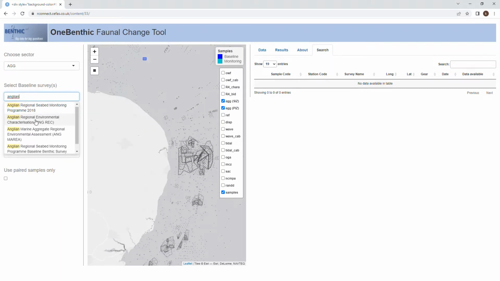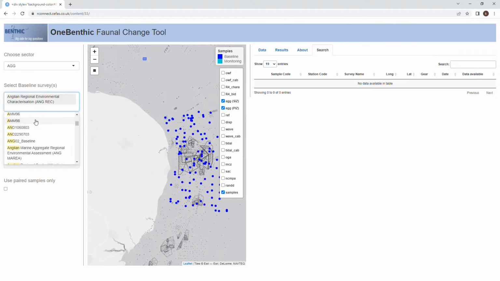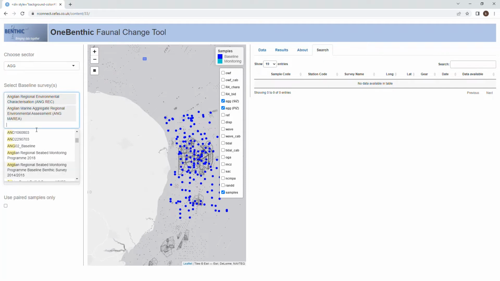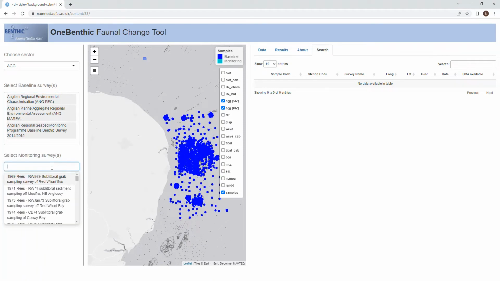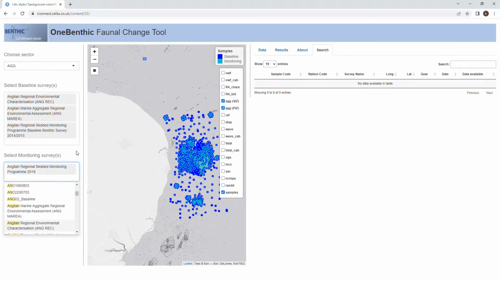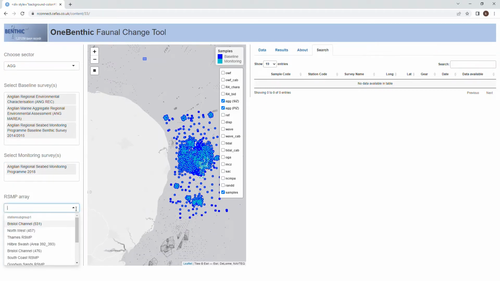I'm interested in 3 surveys for the baseline. So it's the Anglian REC, the Anglian Maria, and the Anglian RSMP baseline. So the baseline is made up of those 3 surveys, and then the monitoring survey, the latest one for the Anglian region RSMP, was 2018. I then need to select an RSMP array, so this is the Anglian, and you can see in the map here